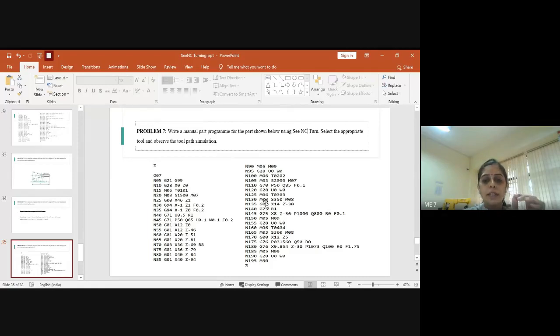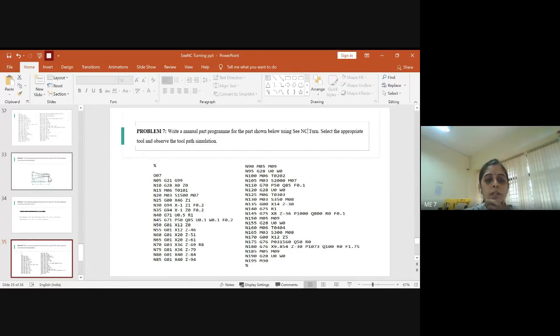Then you will turn the spindle on and assign the spindle speed for groove cutting. Even for the threading operation, the spindle speed will be comparatively less. We usually give between 250 and 350. The reasonable value is 300 or 350. You can assign the value accordingly and then turn the coolant on. After this, use rapid traverse to bring the tool nearer to the blank.